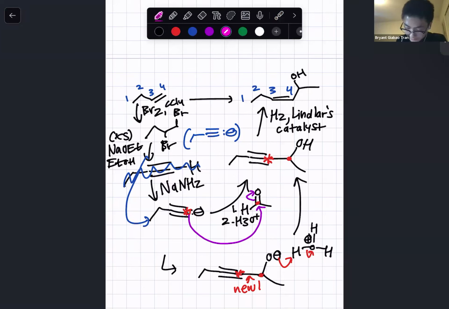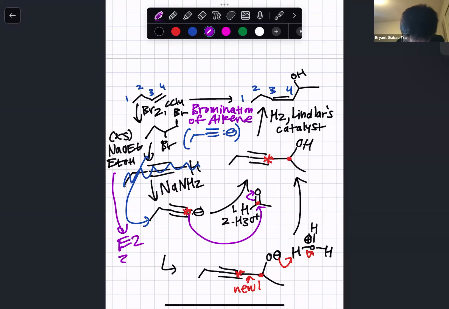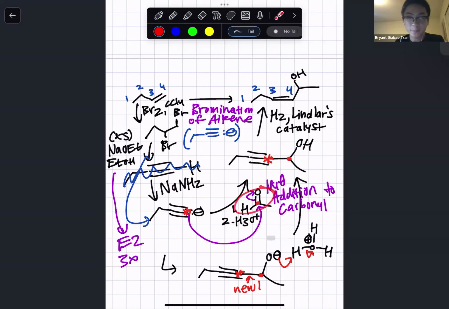So that's the whole synthesis here, where to summarize everything, the first reaction was, let's say, halogenation, which is bromination of alkene. The second reaction was E2 3 times to create this alkyne anion. And then this right here is a nucleophilic addition to carbonyls, a ketone or aldehyde, right? In this case, we used an aldehyde,